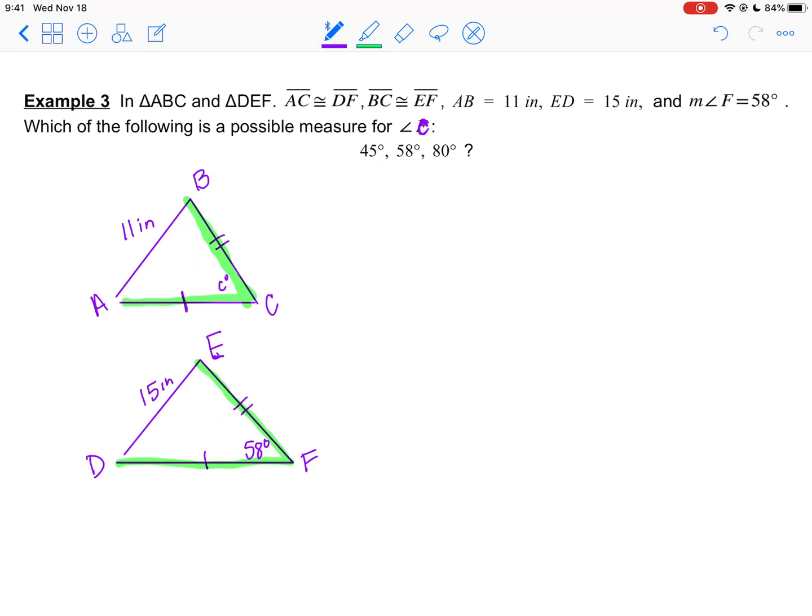All right, so if I set this up, the 11 is across from C, and the 15 is across from 58 degrees. So if I'm comparing this, 11 is less than 15, so C has to be less than 58. So if I'm looking at this, we have three options here. The only one of these options that is less than 58 is 45. So since the measure of C has to be less than 58 because 11 is less than 15, that is the only possible